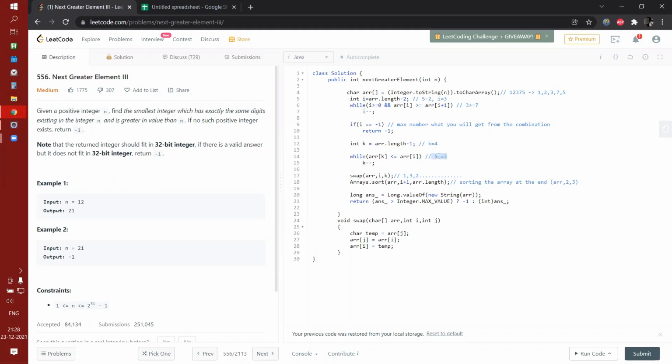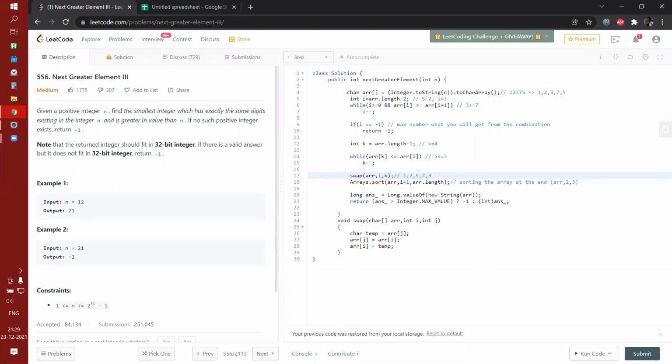So 5 will not be less than or equal to 3, so our k will be equal to 4. We will swap the numbers. So our array will become 1, 2, 5, 7.